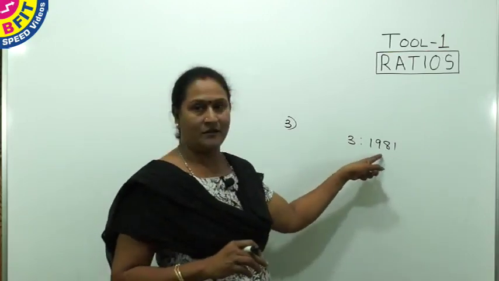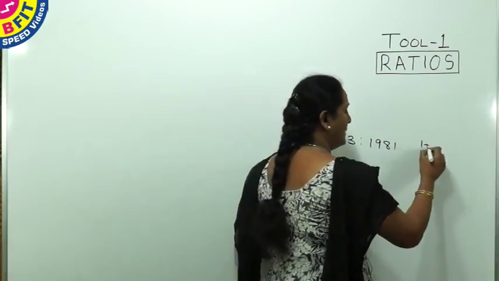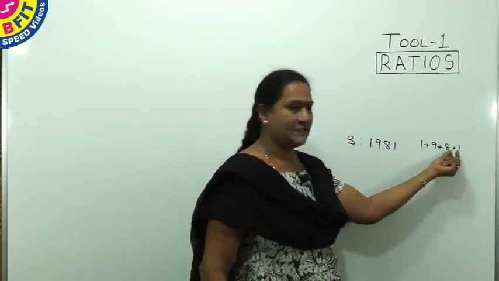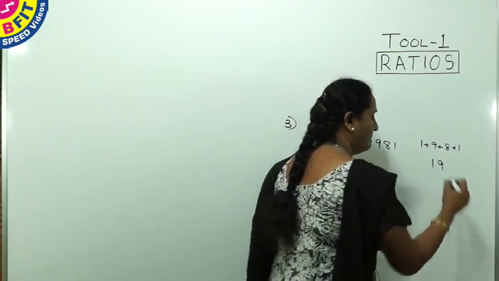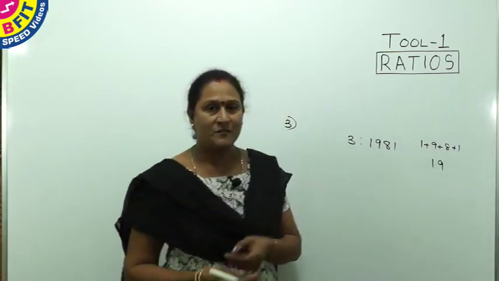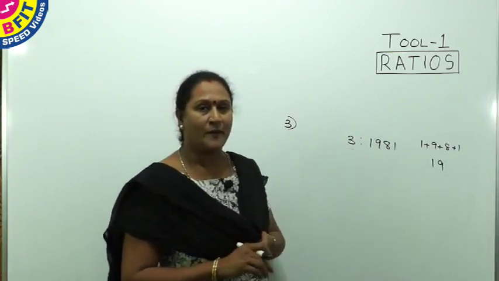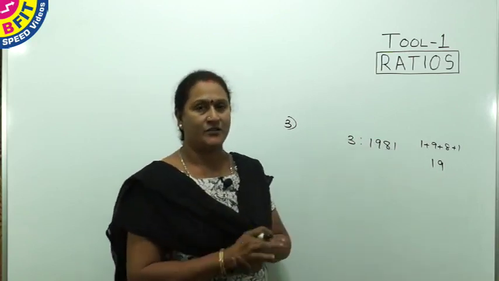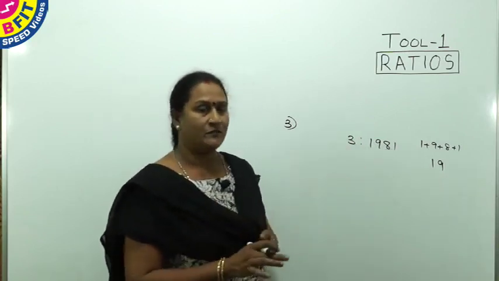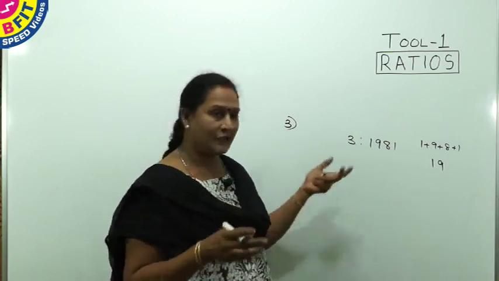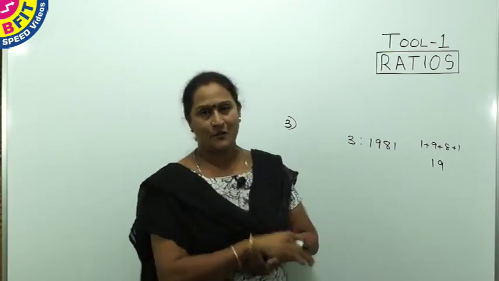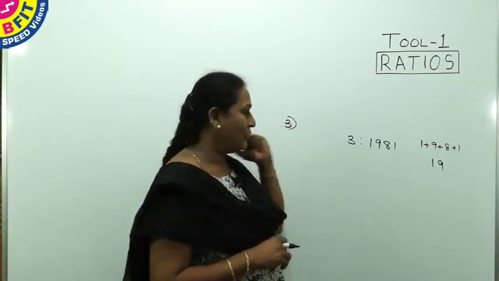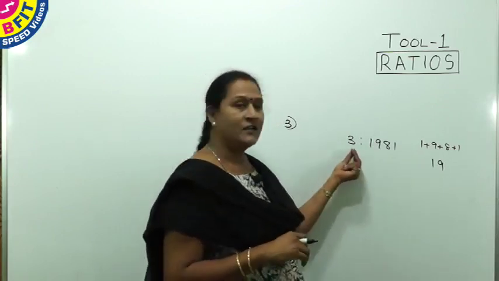Now adding all the digits in the second part, it is 1 plus 9 plus 8 plus 1. So what is the value? 10 plus 9, it is 19. So 19 is not divisible by 3. So this is in a simplified format because there is no common factor. So 3:1981 itself is the ratio. Check for this ratio in the options. If you have it, go for that ratio, or else go for none of these options. So testing for divisibility by 3, as this is not divisible by 3, there is no common factor, so the ratio itself is